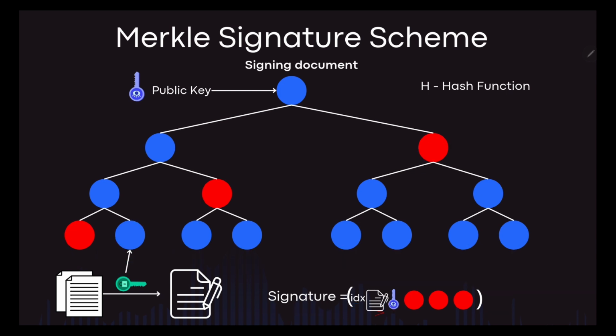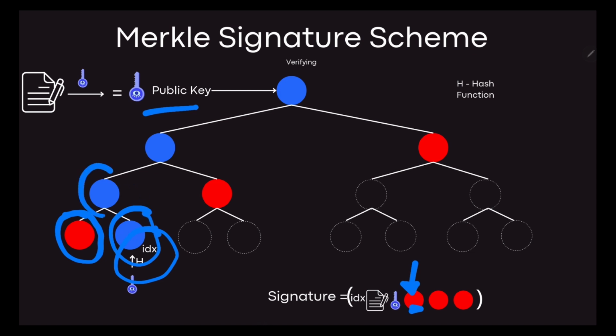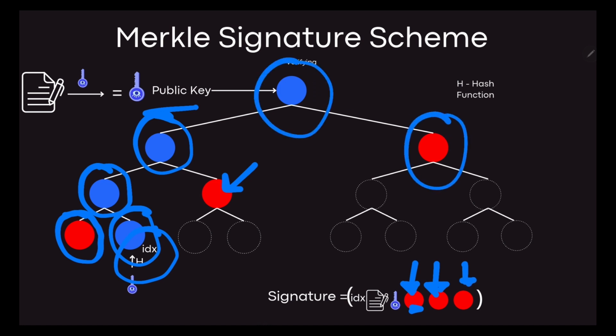Now we will see how the receiver will behave at his side. The receiver will have this index, and he will know it by this index and the first red node. After having this red node and this index, he will be able to construct this node, and he will also have this red node from here, so he will be able to construct the next node, and because of this node he will be able to construct the next one. After applying this in the public key, he will be able to reconstruct the whole tree as the answer.